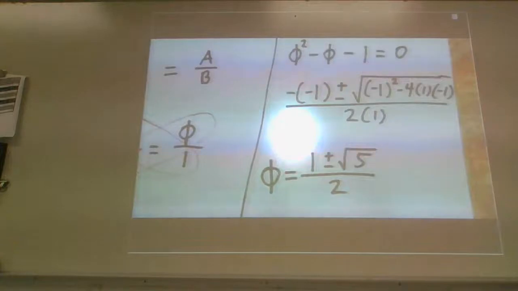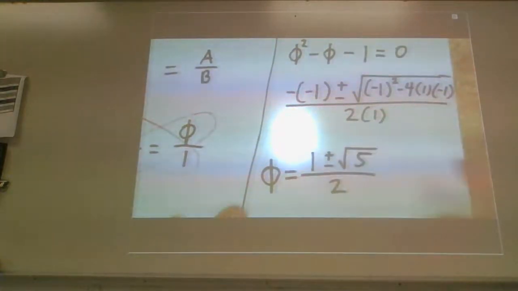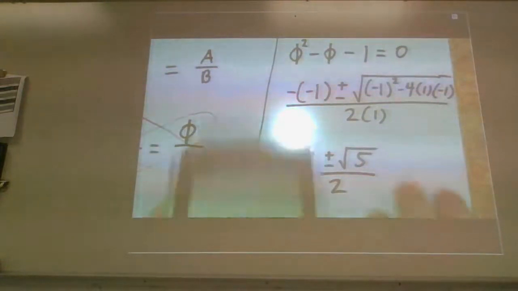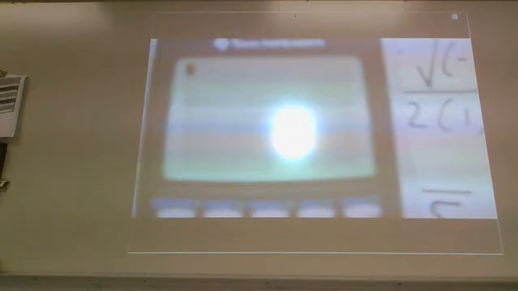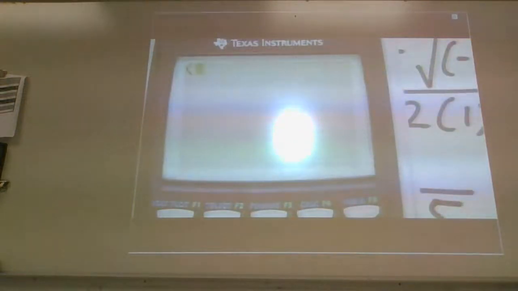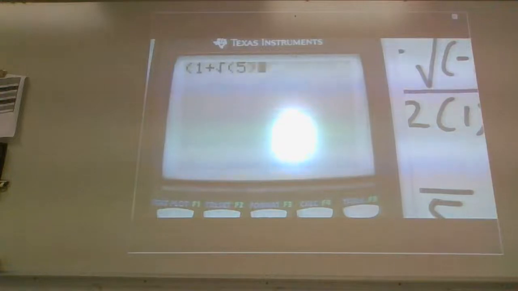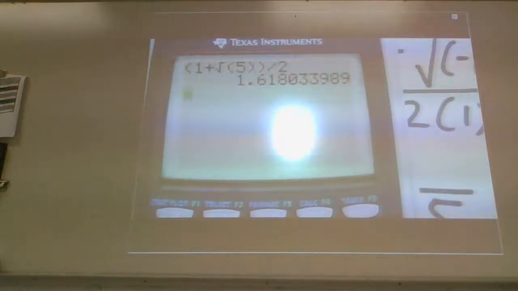The ancients did not know what that was. They didn't have a numerical value in decimal notation. They didn't know what these symbols meant. They had their own way of expressing the mathematics behind it, and I'm going to show you a couple of those expressions today. But let me show you on the calculator what this actually looks like. Zoom in. Parentheses, 1 plus the square root of 5, close those parentheses, double time for the top of the fraction, divided by 2. There it is. That is the exact value of phi.